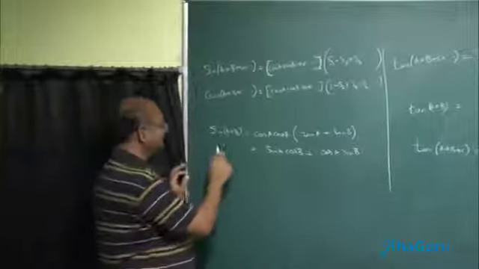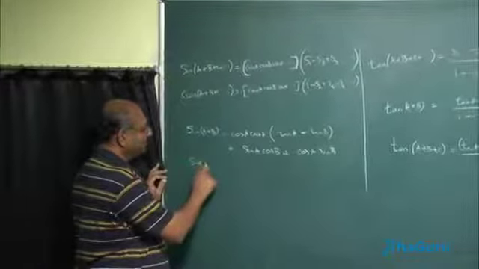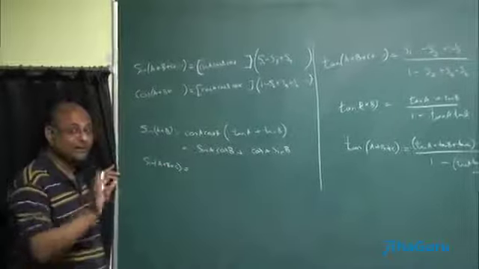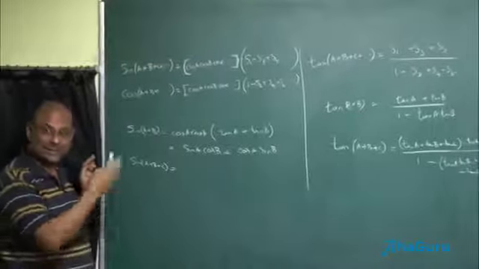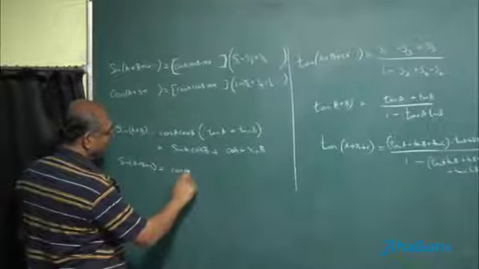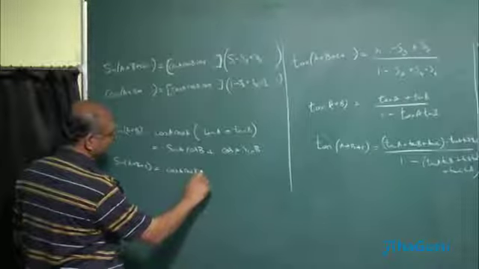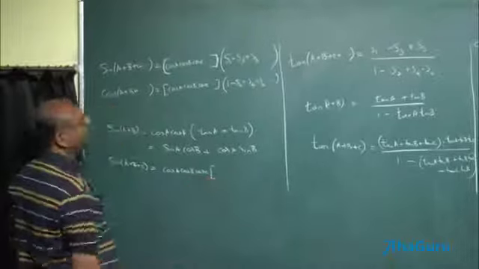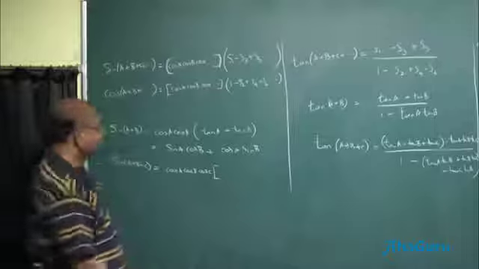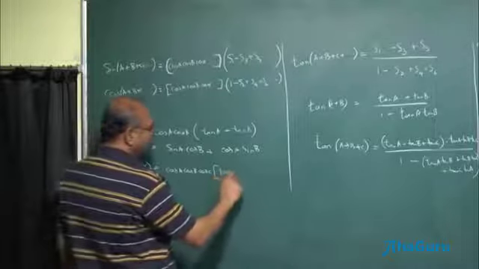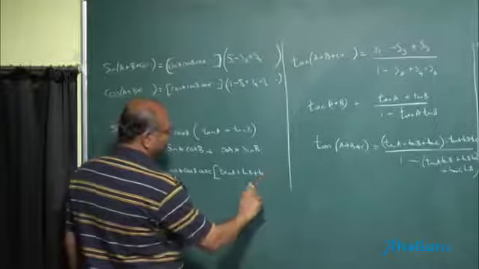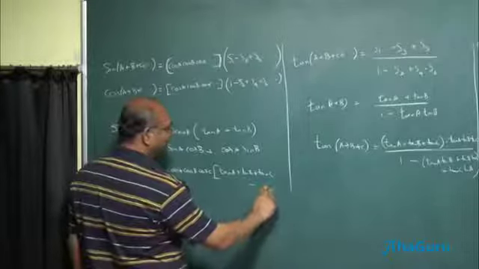The great thing with this is, if I want to have sine of A plus B plus C, what is that? Now this is not A equal to B equal to C, nothing. This is just A plus B plus C. How will that look? That looks like cos A, cos B, cos C into S1 minus S3. What is S1? Tan A plus tan B plus tan C minus tan A tan B tan C.